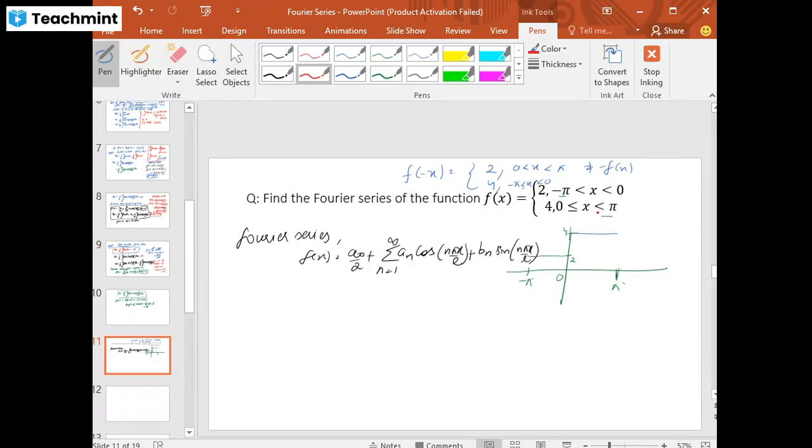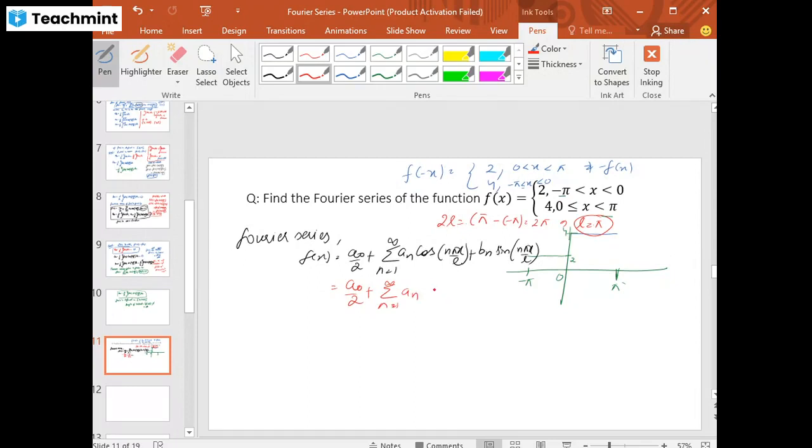L is the half length of the interval. In this case, the length of the interval, that is 2L, equals upper limit minus lower limit. So it is 2 pi. So L is pi. If I replace L equal to pi, it is a naught by 2 plus summation